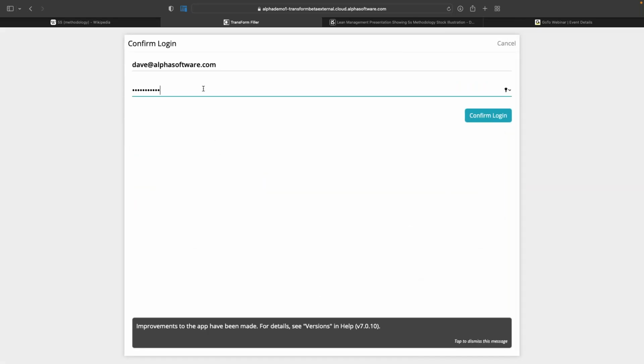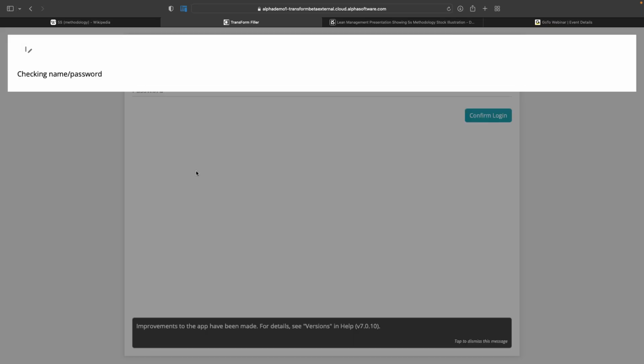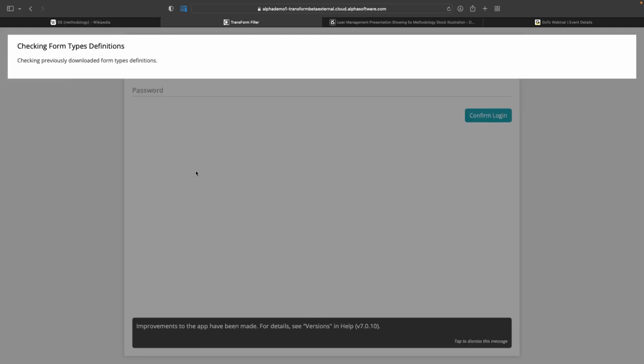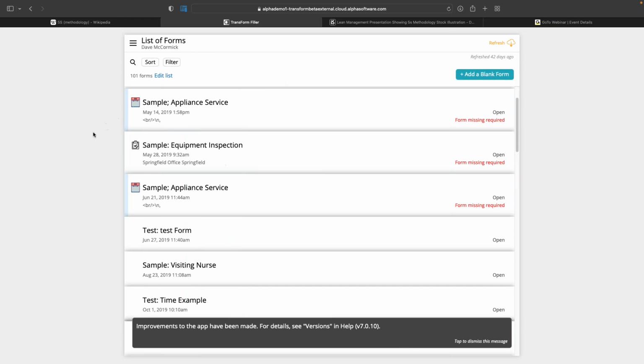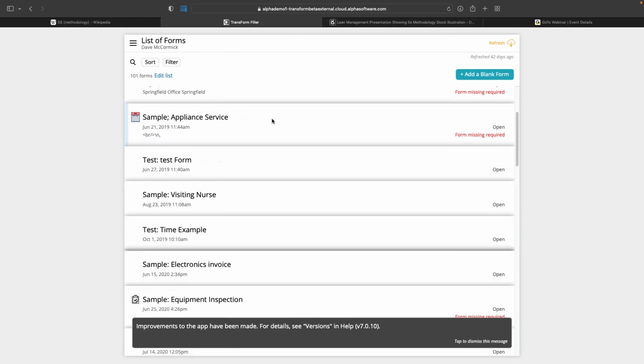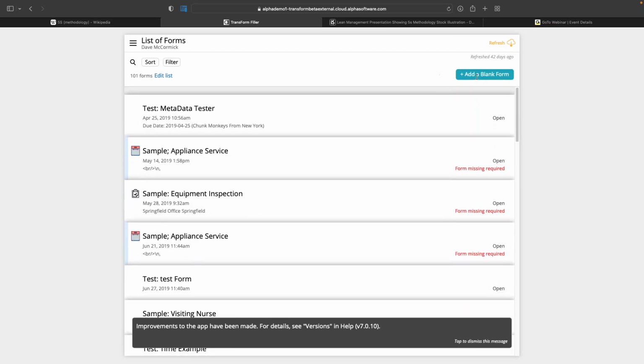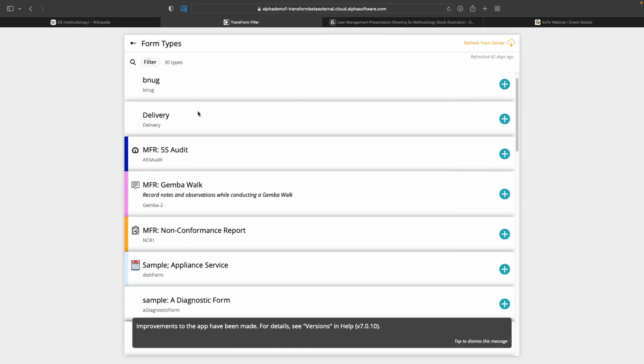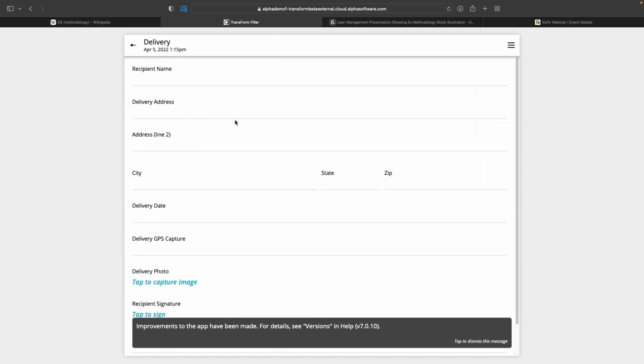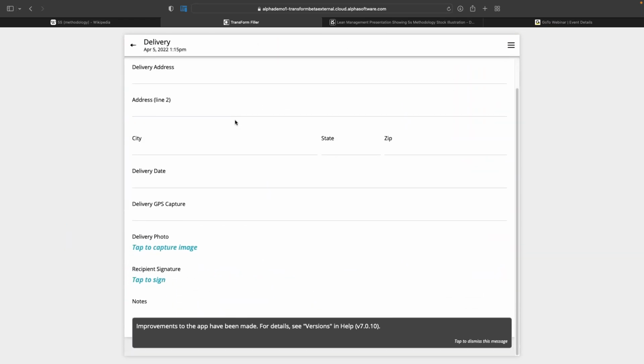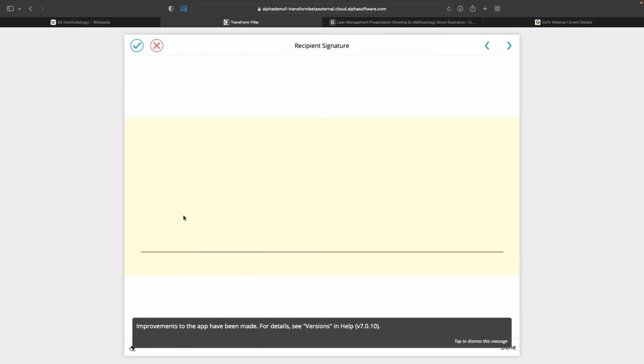As you'll see, this looks an awful lot like the mobile form, except I'm running it here in a browser. So I can add in all kinds of things. I can add a new blank form. Let's say I wanted to do, if you remember, I did a delivery form. I don't know why that would make sense to do on a desktop. It wouldn't. But I just want to show you a couple of cool things that you can do. I think this still works. Yep, you can still sign, which is cool,